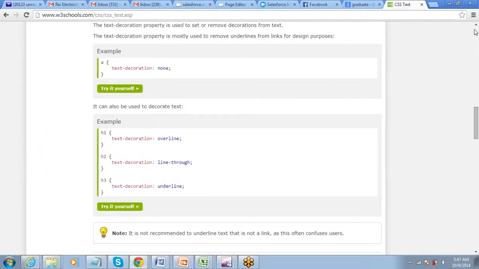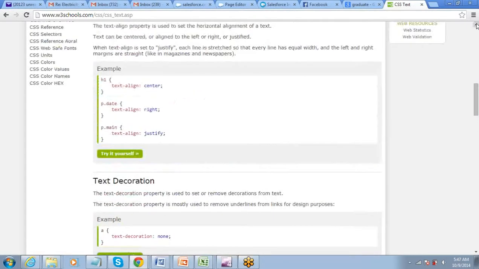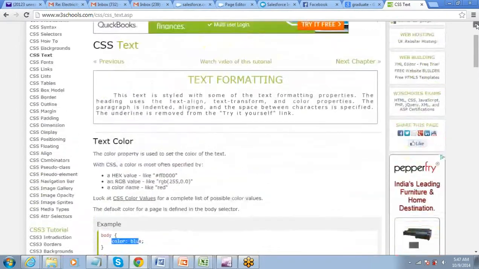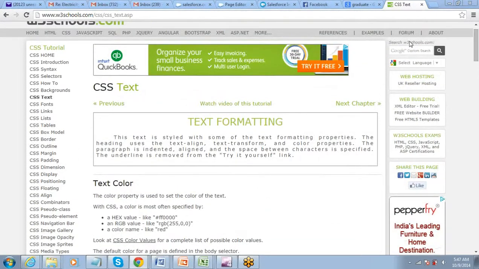Alright, let's go and use one CSS on a Visualforce page. Just give me a moment. Let me log in to Salesforce, Dev edition.